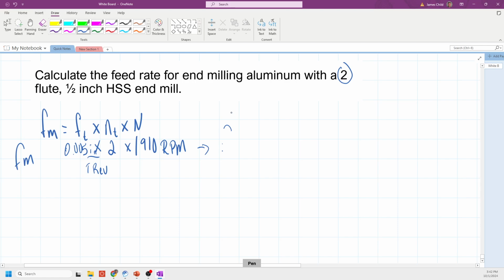F sub m, we're looking for inches per minute, is equal to 0.005 inches per tooth times revolution, and that is going to be multiplied by the number of teeth,